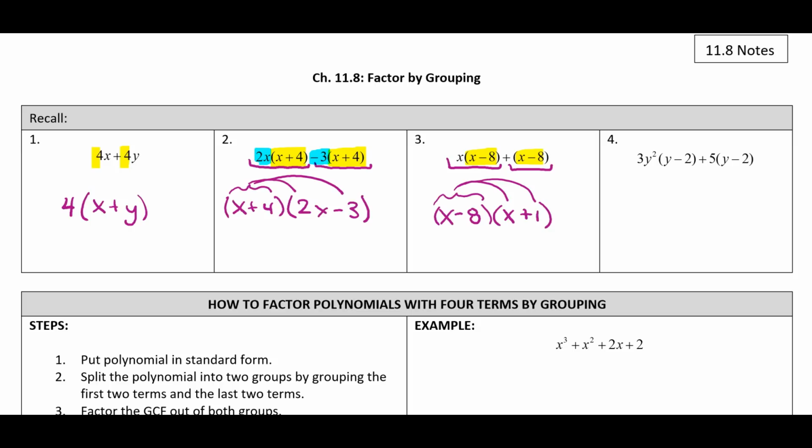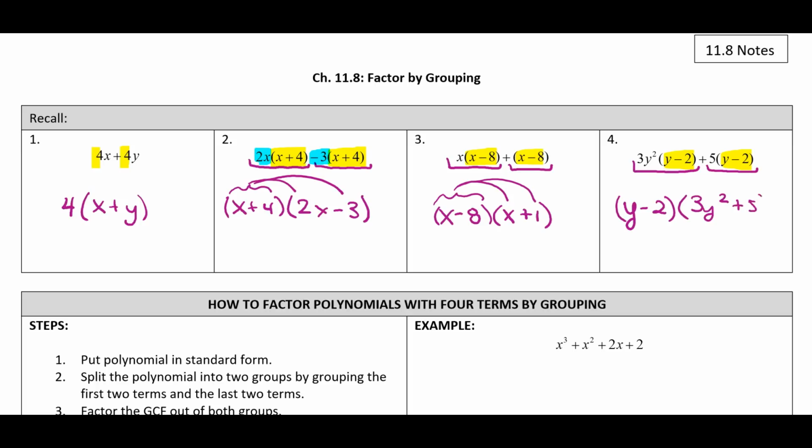So last one, number 4. So remember, our pieces are broken up by this plus sign right here. So these are two pieces. Their common factors would be y minus 2. So we'd pull out a y minus 2, just like we pulled out the 4 on number 1. And then we'd write the leftovers. So in this case, our leftover is 3y squared